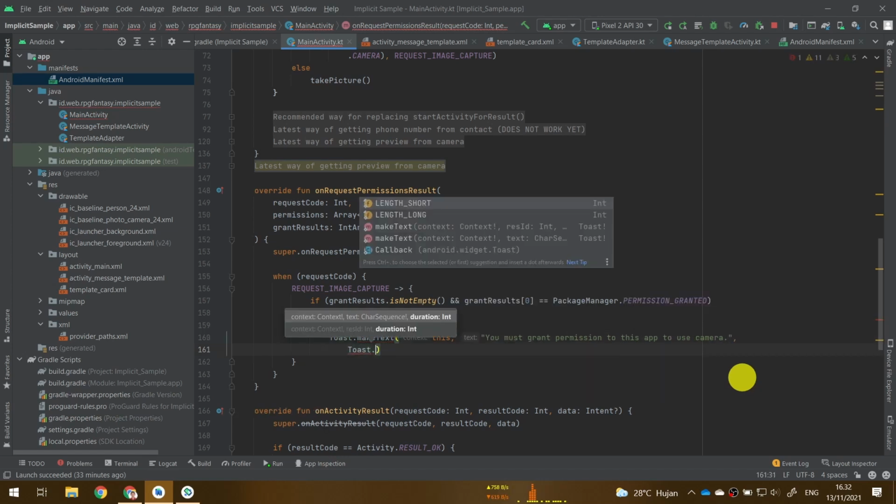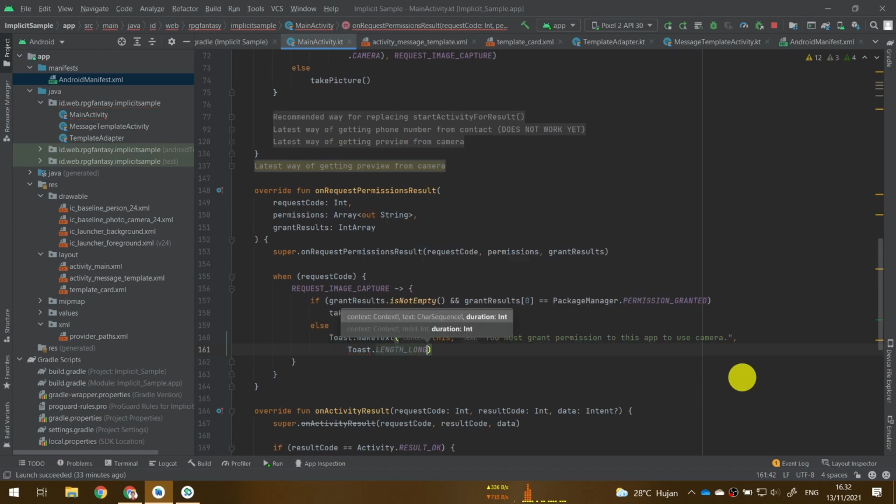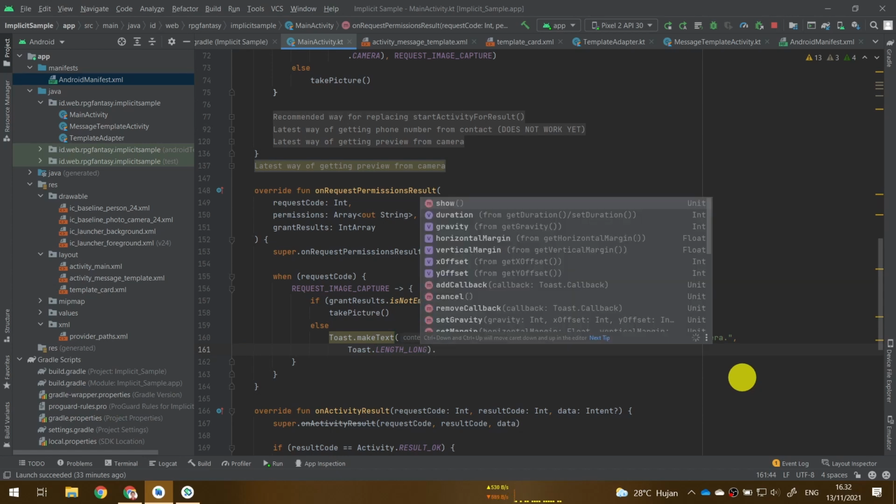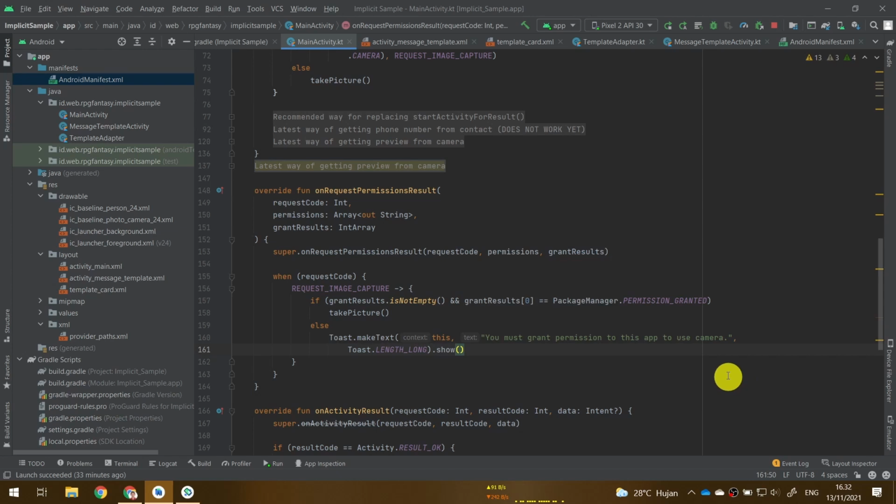Then for the length, I think I will give it long because my sentence is a little bit long. Then don't forget to change it with show, yeah. Or if you forget to change it with show, then your toast will not be visible.